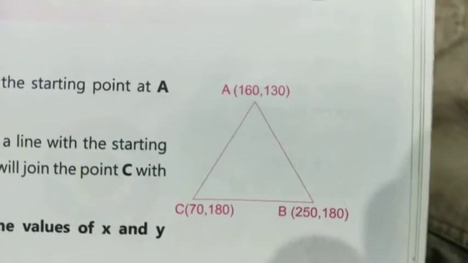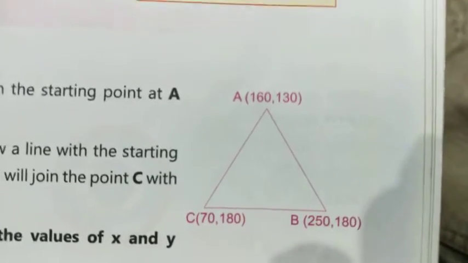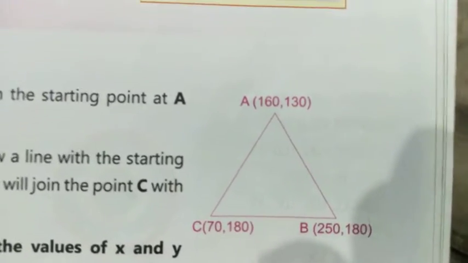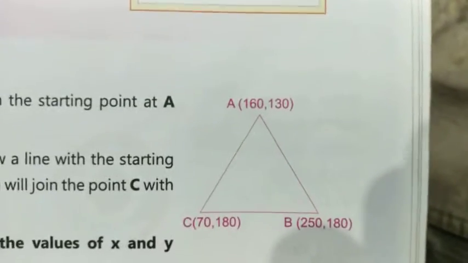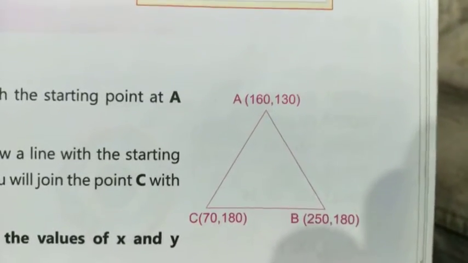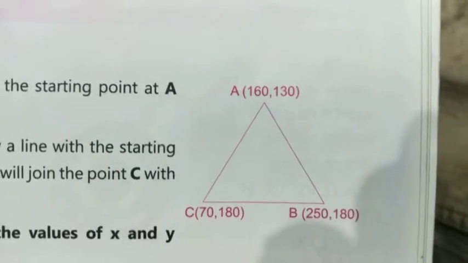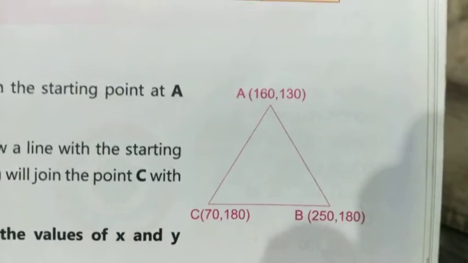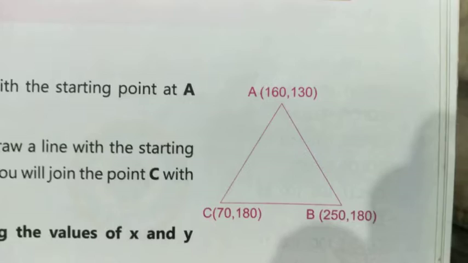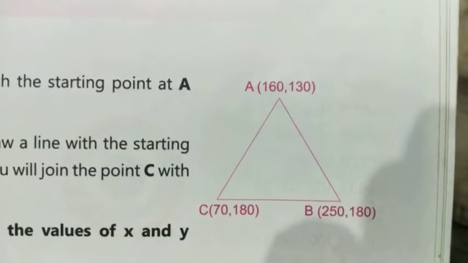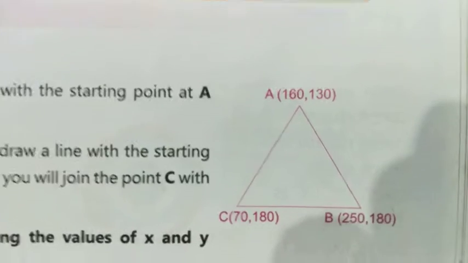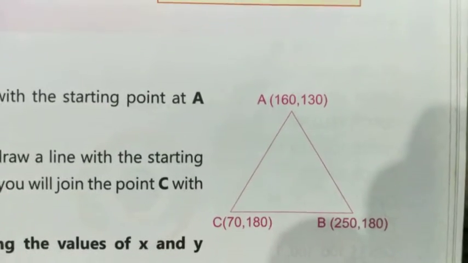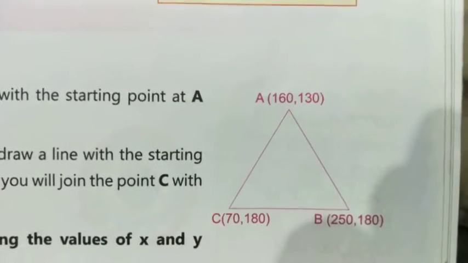Now you can take different coordinates of x and y, and you can change the shape of your triangle, and you can also change the color of the line drawing the triangle. In the last class I sent you the color code. Also you can use that code to draw different color lines in this.